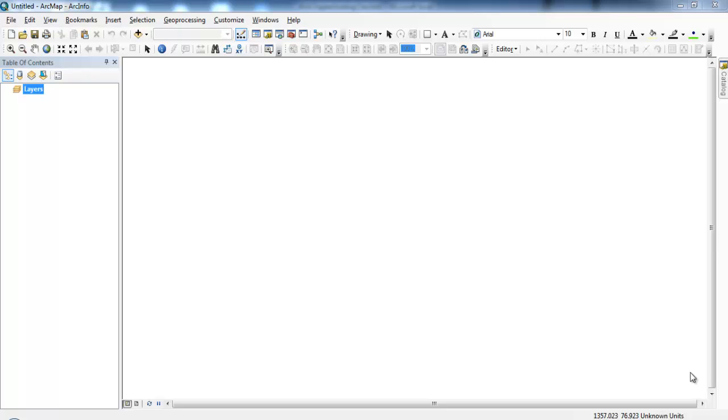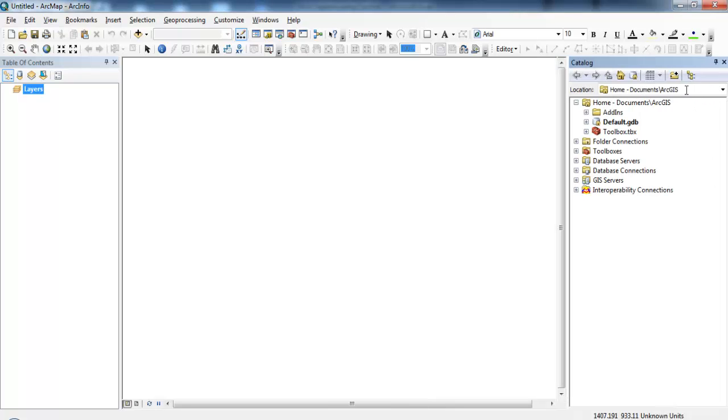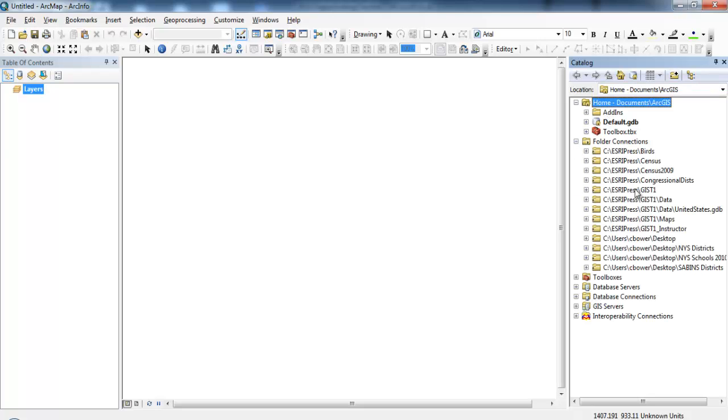So this is another assignment that involves creating a Geo Database before you start. If you remember from last time, you can go into ArcCatalog or you can start from right here. We'll put the push pin down so that we lock this in place. And if we go into folder connections, and we're going to go to